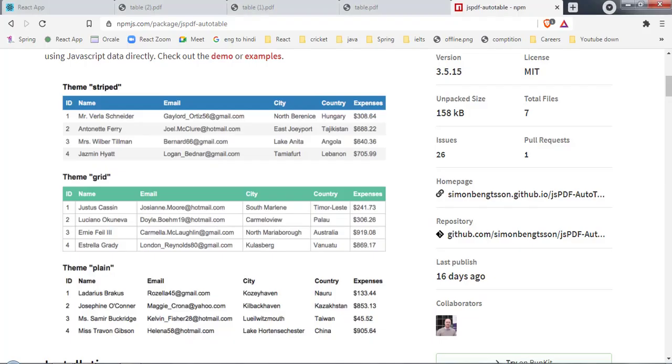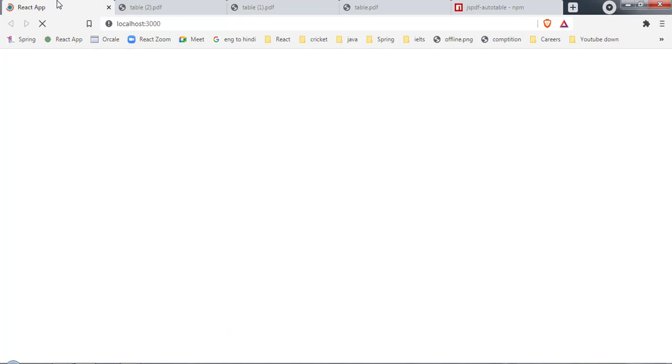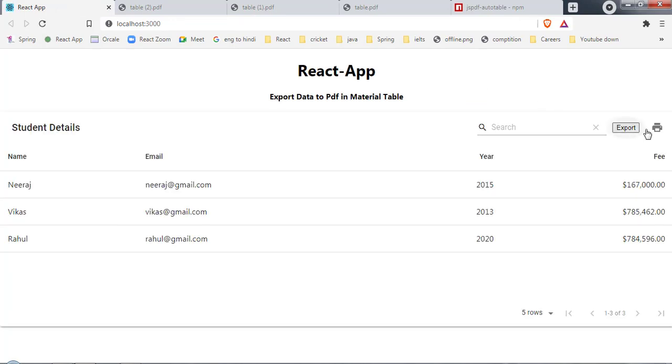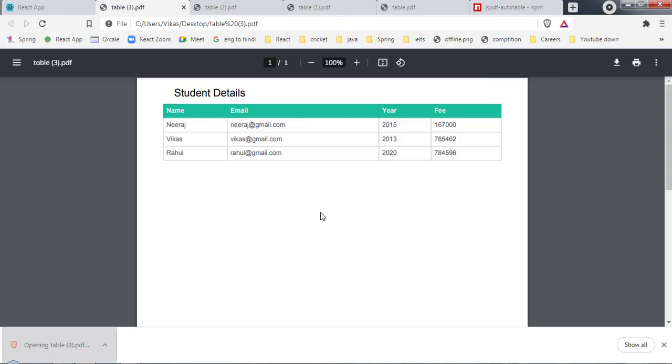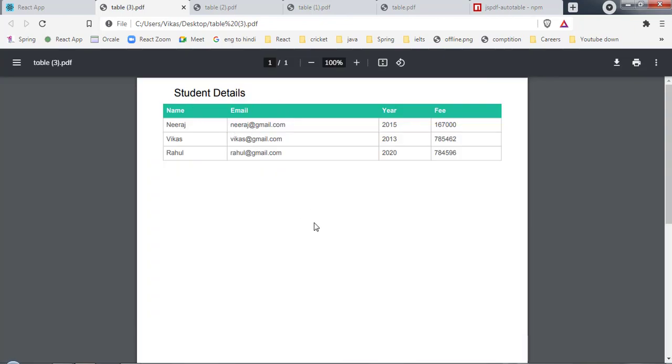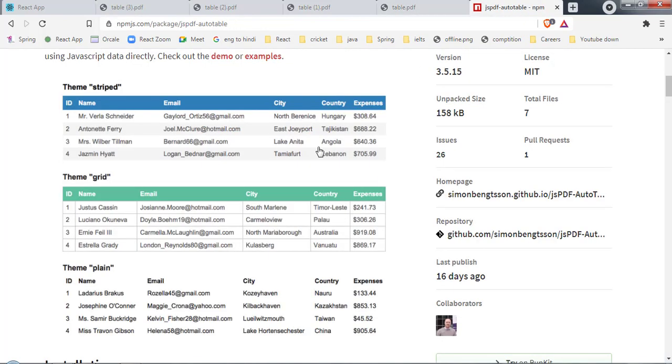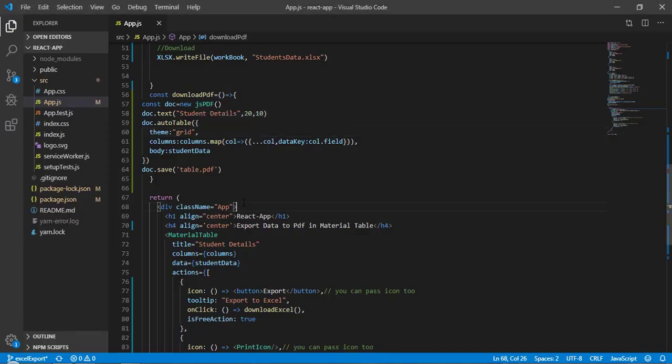Now let's save it and come back again here. Now let's click on this. Okay, so here as you can see it has changed and we are getting the grid theme. Now if you want to change to plain, you have to pass theme as plain and you will be getting that one.